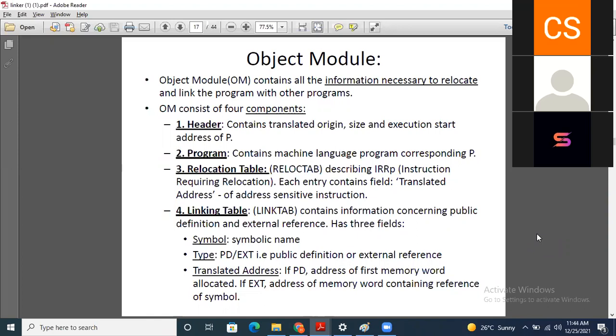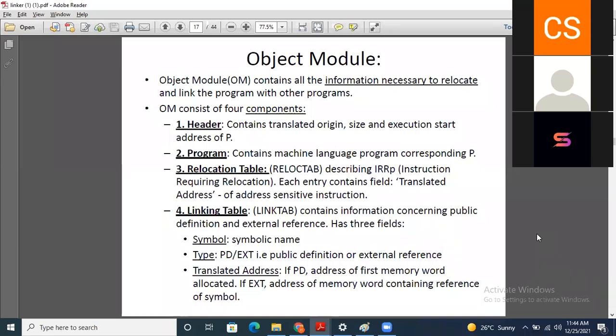First field is the symbol, second field is the type of the symbol, and third is the translated address. In the linking table we have 3 fields: first symbol, second type, and third the translated address. Symbol is the symbolic name that we have seen, total, max, alpha; these are all symbolic names. So all these symbols are present in the first field. Second is the type of the symbol.